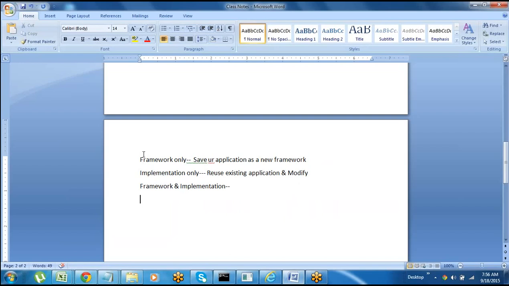Normally, creating a new application means you can also go with framework and implementation. Your point is correct only at that time. And not only creating a new application, the same application will be saved as one framework also. In Pega there is an advantage here. Along with the application creation, your application will also be saved as one new framework. So in Pega every application will be saved as one new framework.